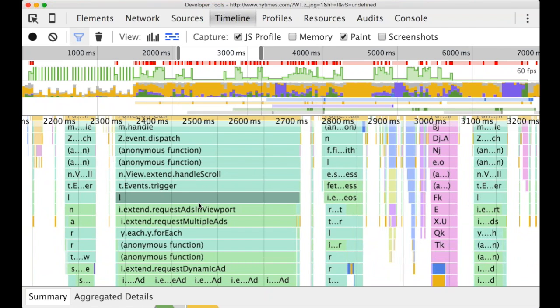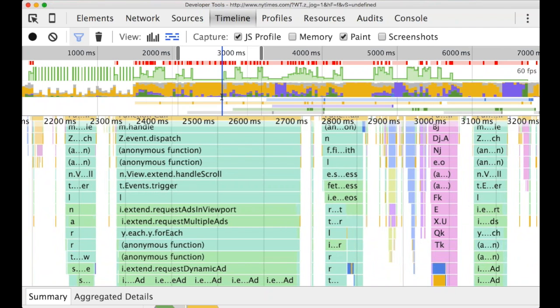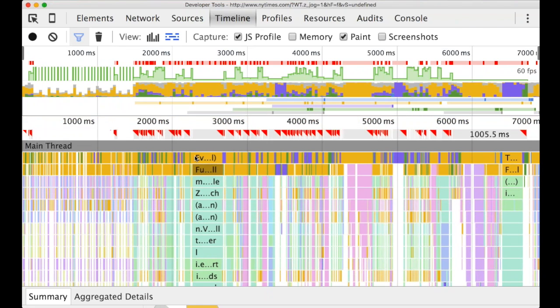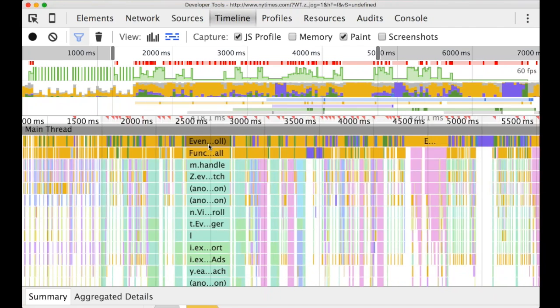So there's a lot to cover here, and I'll definitely go a lot more in depth in my workshop. But basically, how I would use this page is I would capture a little profile, I would zoom out all the way, and then I would start looking over here for what the big ones are, and especially what's going on around these red areas, these jank areas. So from here, I would say that a lot of the time spent scripting is spent on this scroll